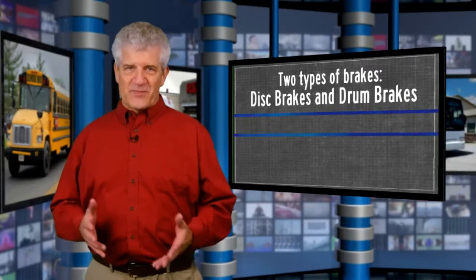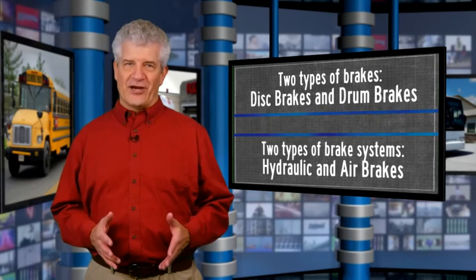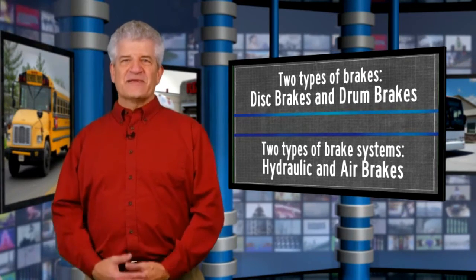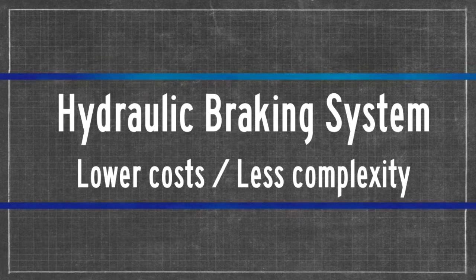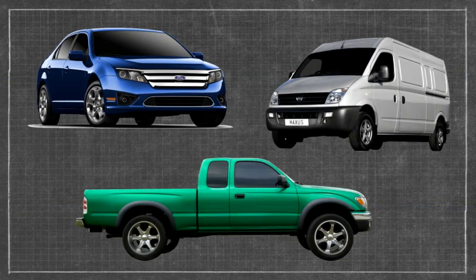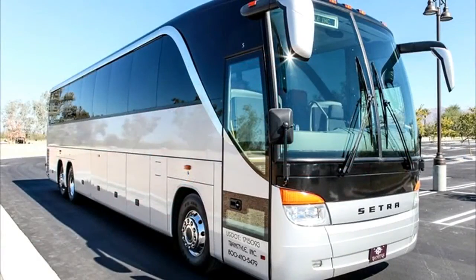So to recap, there are two types of brakes: disc brakes and drum brakes, and there are two types of braking systems: hydraulic and air. Because of their simplicity and lower cost, hydraulic systems are most commonly found in light vehicles such as cars, vans, and pickups. However, air brakes are used exclusively on heavy trucks, motor coaches, and buses, and for two very good